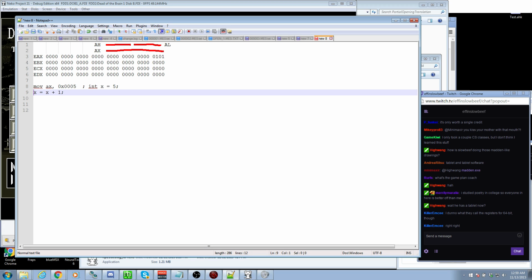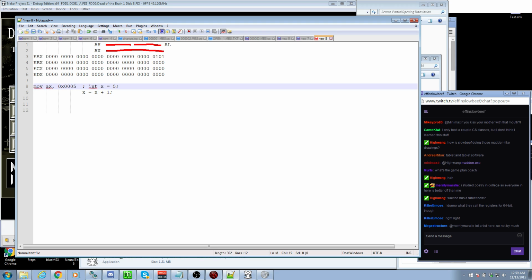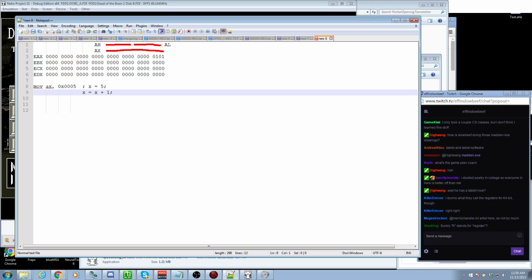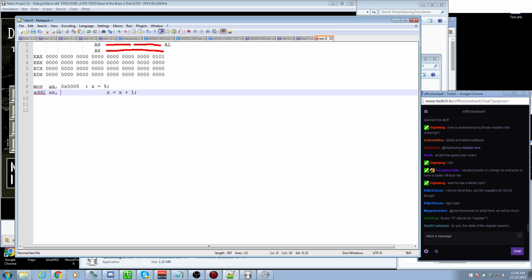Well, computers are good at adding things, at least. Oh, I shouldn't have picked that. Whatever. We'll just call it x equals 1. Anyway, what it can do is it knows x refers to the AX register, so it could do something like add I, AX,